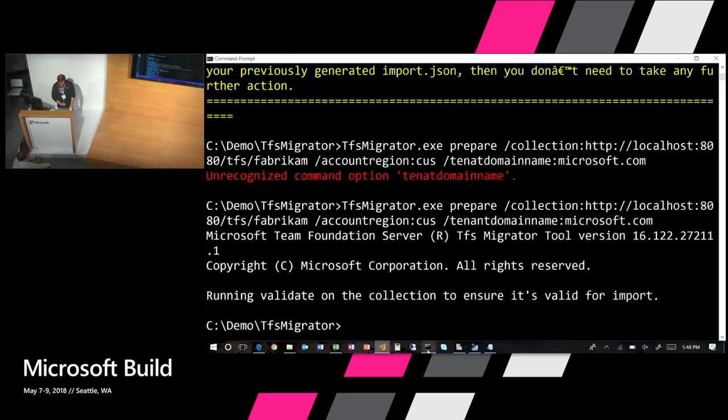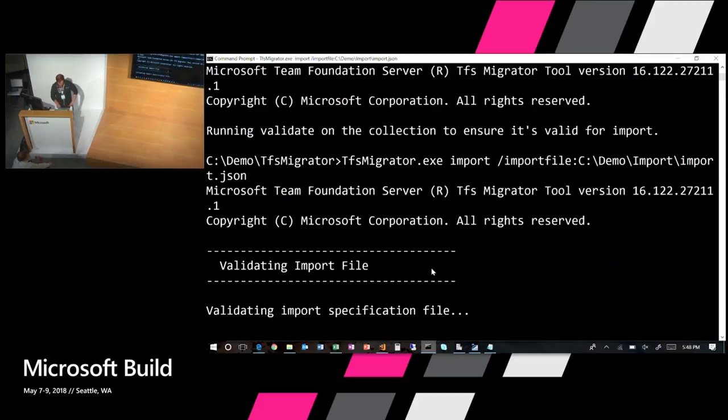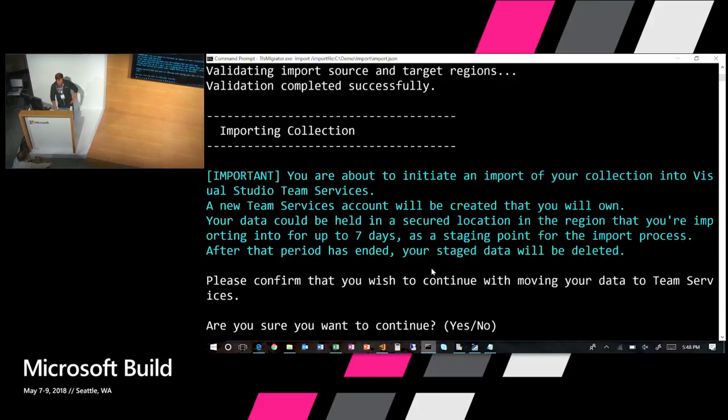Hopefully I didn't miss anything. And we're going to open up TFS Migrator again. As you'd expect, the command for running an import is aptly named import. I'm going to give it a pointer to my import file. In this case, it's just going to be in my C demo import.json. When I hit enter, it's going to run a validation on the import specification file just to make sure